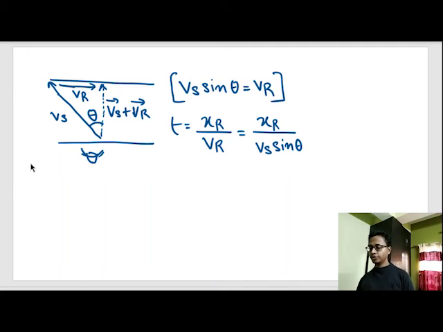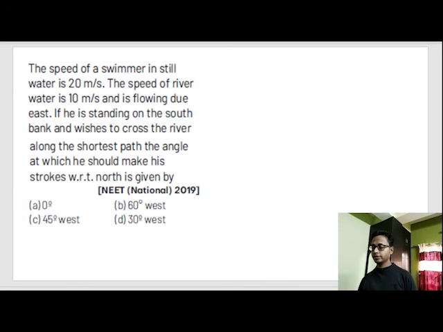Now let's do a question. The speed of a swimmer in still water is 20 meter per second. The speed of the river is 10 meter per second and it is flowing due east. If he is standing on the south bank and wishes to cross the river along the shortest path, the angle at which he should make his strokes with respect to north is given by. That means